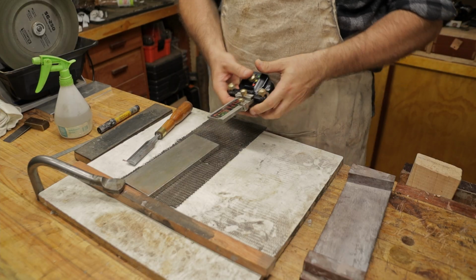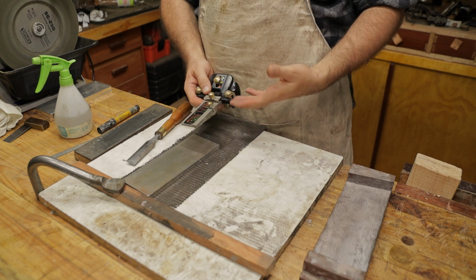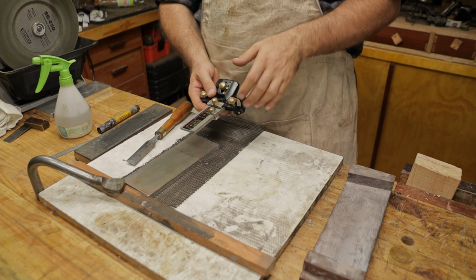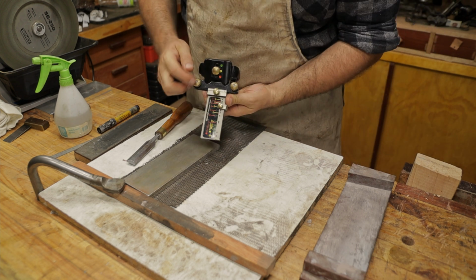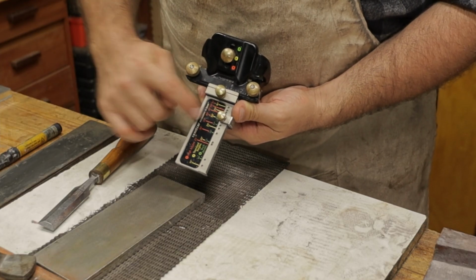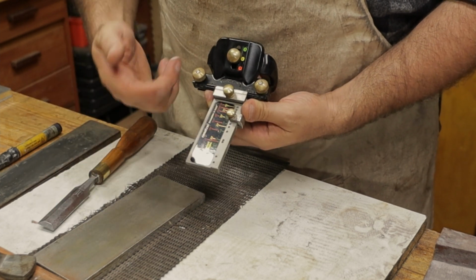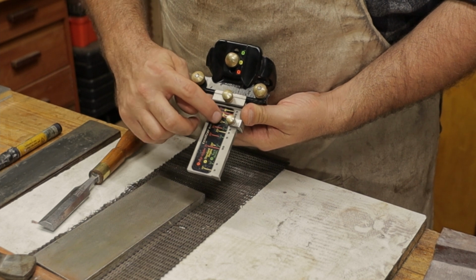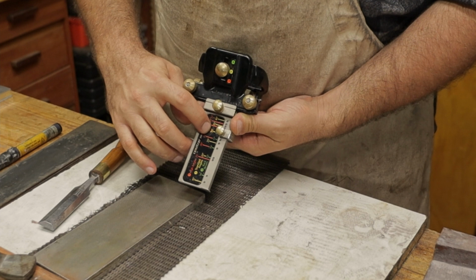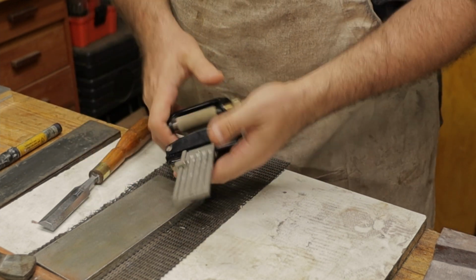So I'm going to give you a quick overview of the honing guide here, but I'm going to do a more comprehensive review of the entire deluxe set that I purchased about 5 years ago now. So you whack this fence on to the thickness of your blade roughly, and you have your angle set here that it's going to be, or you can just set it to what it already is. But I like the repeatable results, so you choose it up here on the yellow dot. Choose your angle here, and that's it. So I'm going with 30 degrees. So you put that on, screw it on,